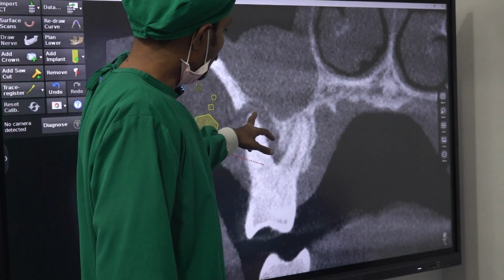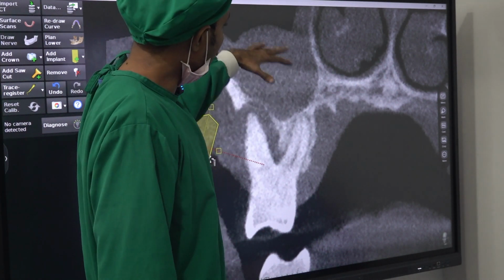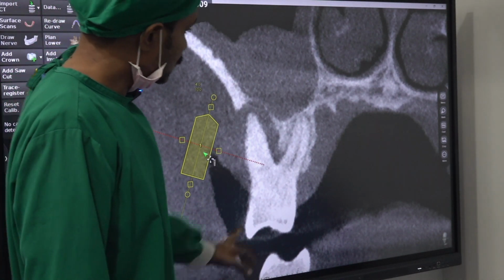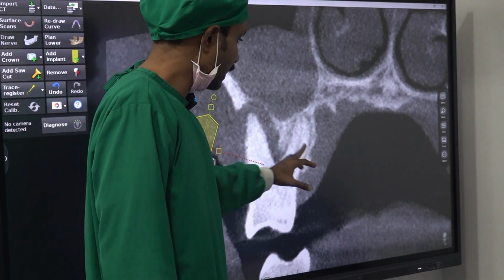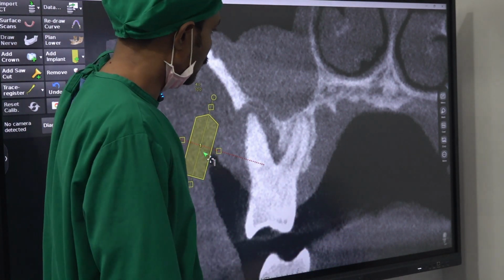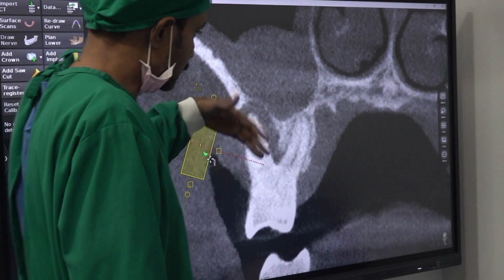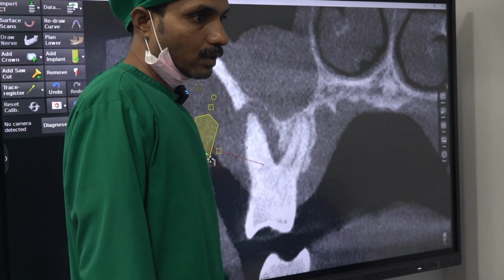See, because of this bone infection, it has gone into the sinus and it is a chronic irritation. The sinus floor has thickened. So if you place here, it is an unpredictable implant. You may get stability or this may break, and you may lose stability. Or we can try here, the 6 palatal socket. If the patient had come 6 months or 10 months earlier, there would be some good bone here. We could have placed a